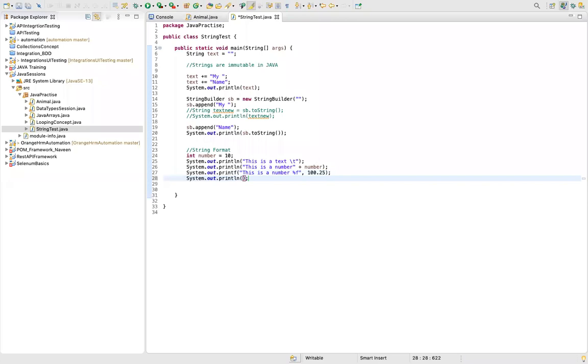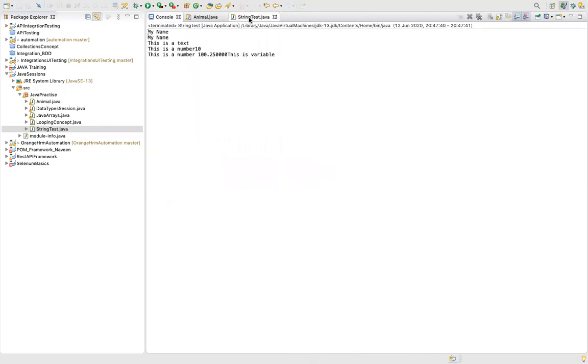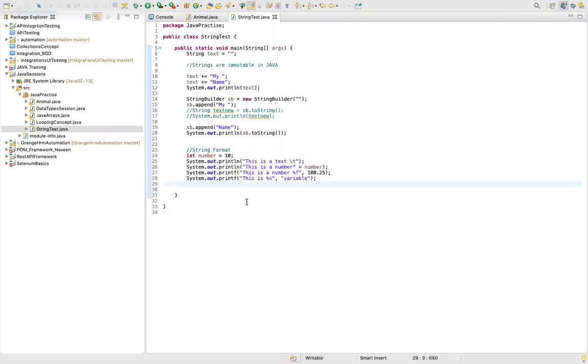So let's say if I want to print something. So this is, I'll say variable text. I'll say %, and then I'll say variable. So this is a string, so I'll have to use format. I'm doing the formatting. This is a %s and variable. So again, guys, this printf doesn't give you a feature of /n, so you'll have to use /n, or you can use /t as well.